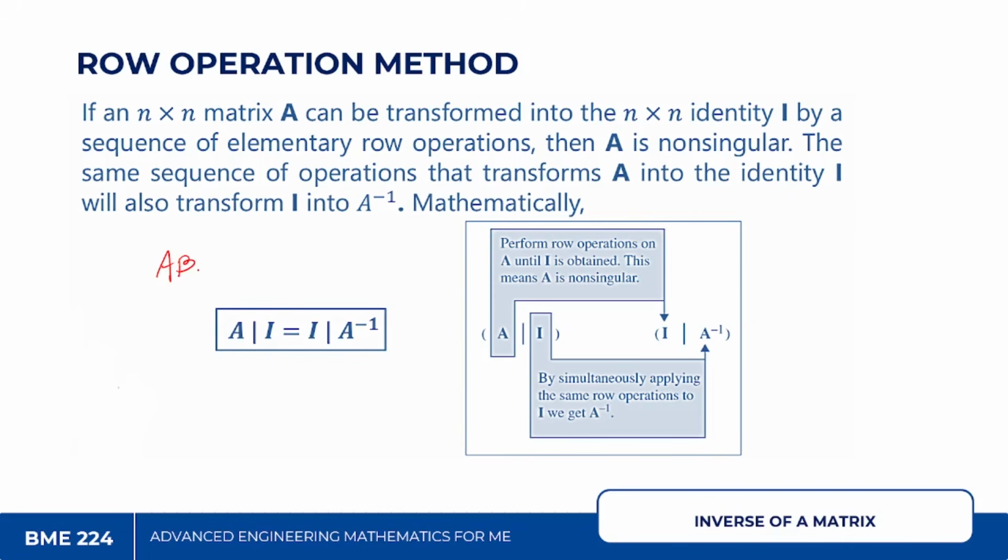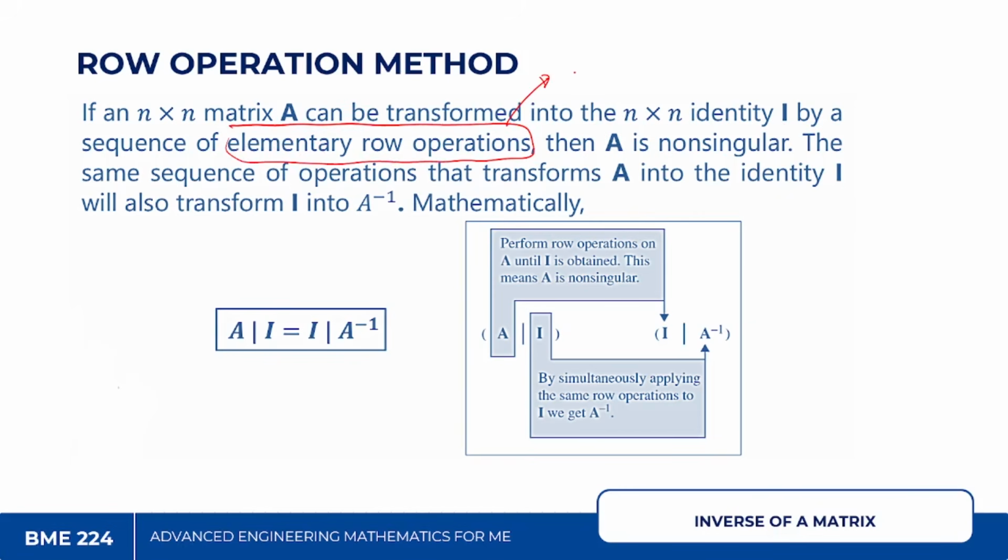If you evaluate the product of the A and B matrices and you get an identity matrix, then you can say that the inverse of A is B, or vice versa, the inverse of B is A. Okay? So, initially, this is matrix A, and we convert it to this form. In which the resulting matrix we get here is the inverse of your A. Okay? So, this is it, no? If an n by n matrix can be transformed into an n by n identity I by a sequence of elementary row operations, here class,